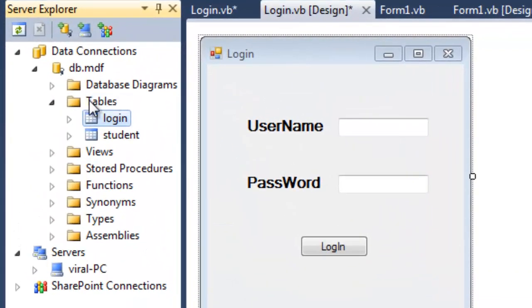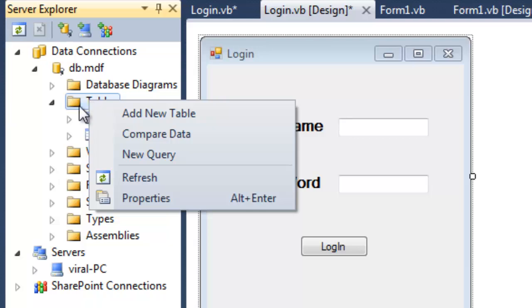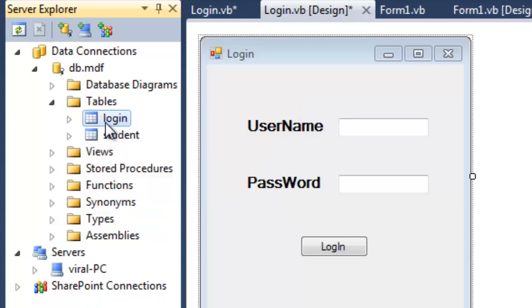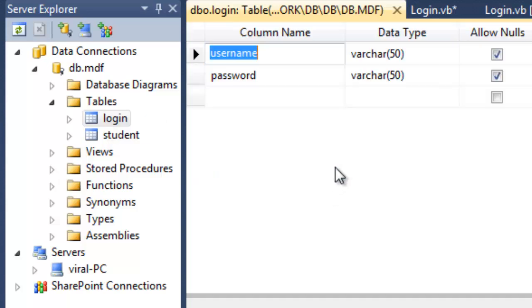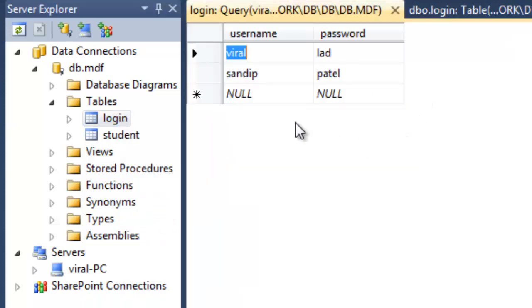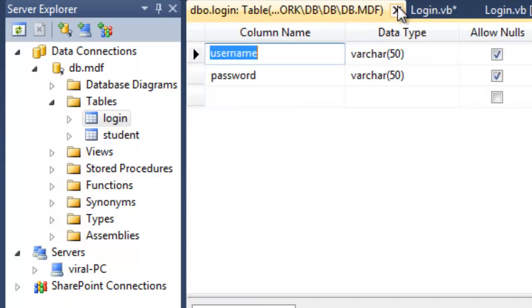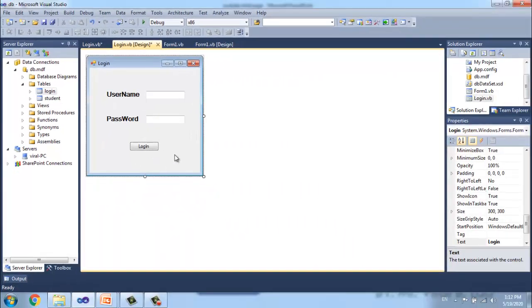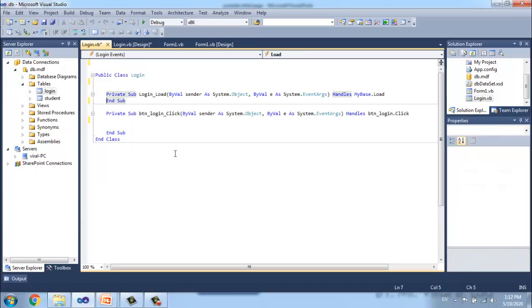You already know how to create table: simply right click on table, add new table. In the table I have created two columns, username and password. I have entered two data, Viral and Sunday. So quickly move to our coding page.